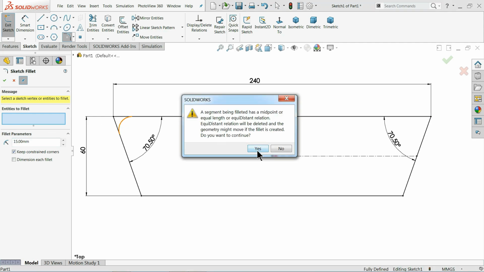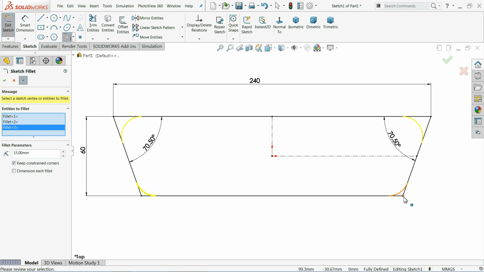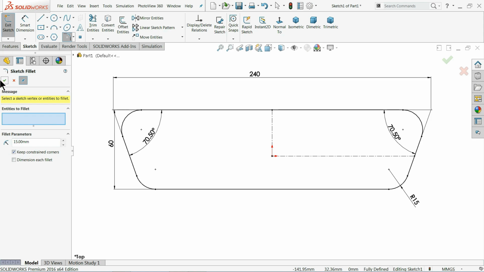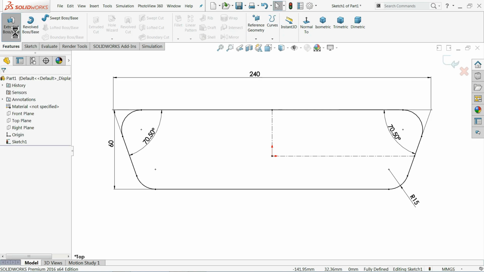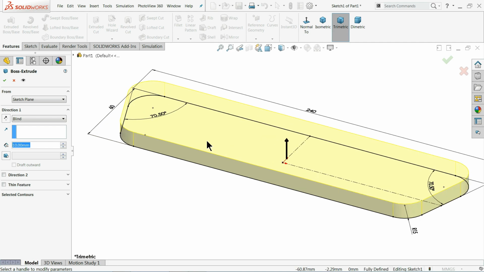I'll select. It will ask you, do you want to continue? Select yes, and I'll choose all the corners. Okay, now simply select extrude. Now it's going top side, 10 millimeter. This width is 10 millimeter.